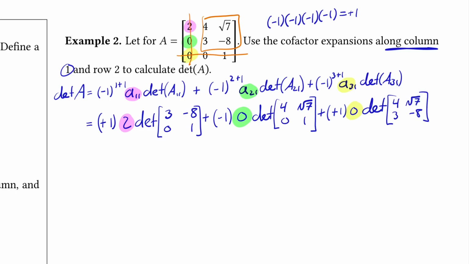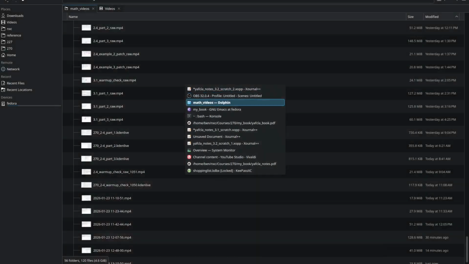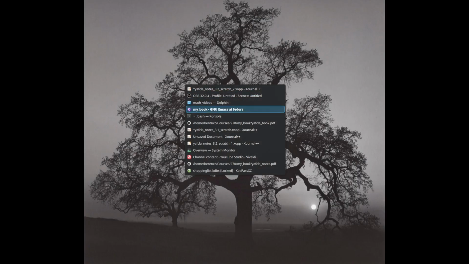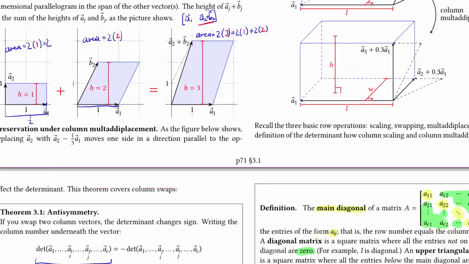Now, what do we do next? Well, fortunately, a bunch of these are getting multiplied by 0. So those are all going to be 0. But even if they weren't, maybe we can show the work of how to calculate them. But how do we calculate 2 by 2 determinants? Oh, we have a formula for what that has to be